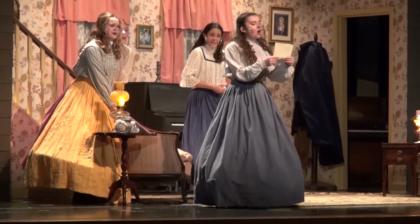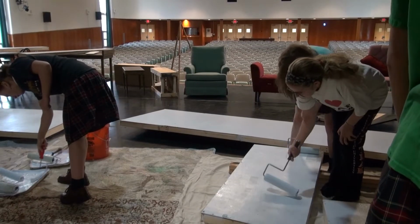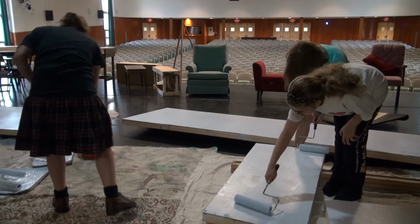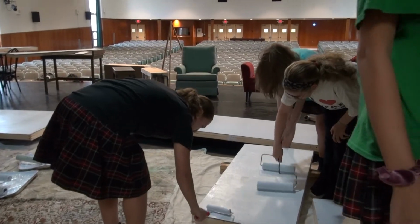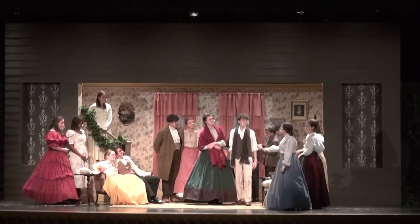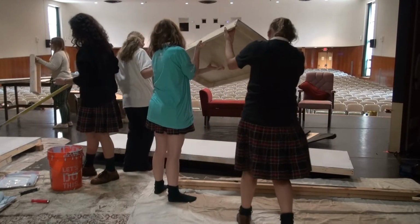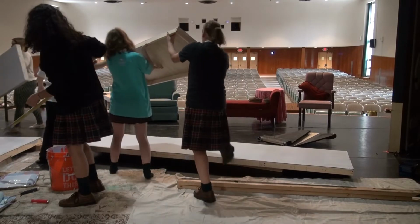type of class. Students at the beginning of the semester will apply for a department specialty, and depending on the interests of the group, that can be anything from stage management or direction to costume design to even strategic marketing and PR. But regardless of your department focus, you will learn about lighting, scenic design, sound design, and really have a comprehensive